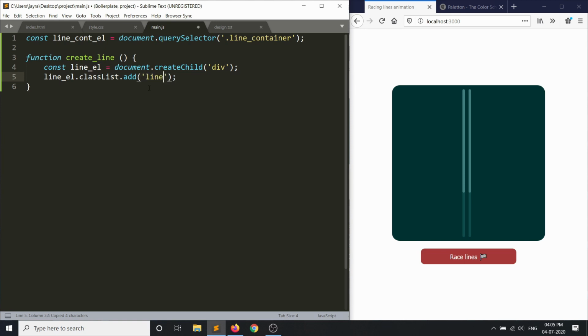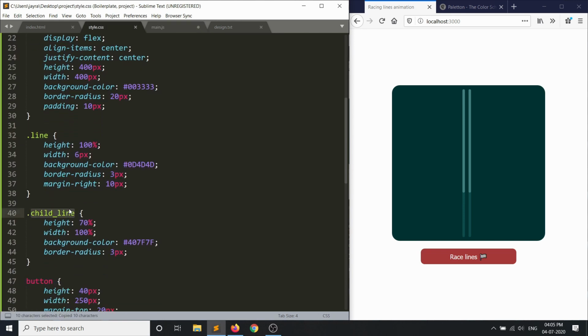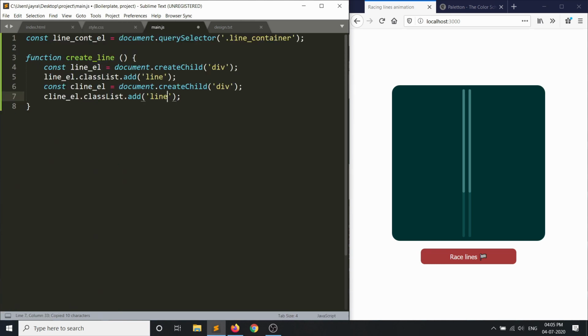Okay, so let's add that, and then we'll create another div tag. Let's copy paste and call it cline, for child line. Again, we need it to be a div, and to that element we'll add the class of child line. So now you get the point, right?